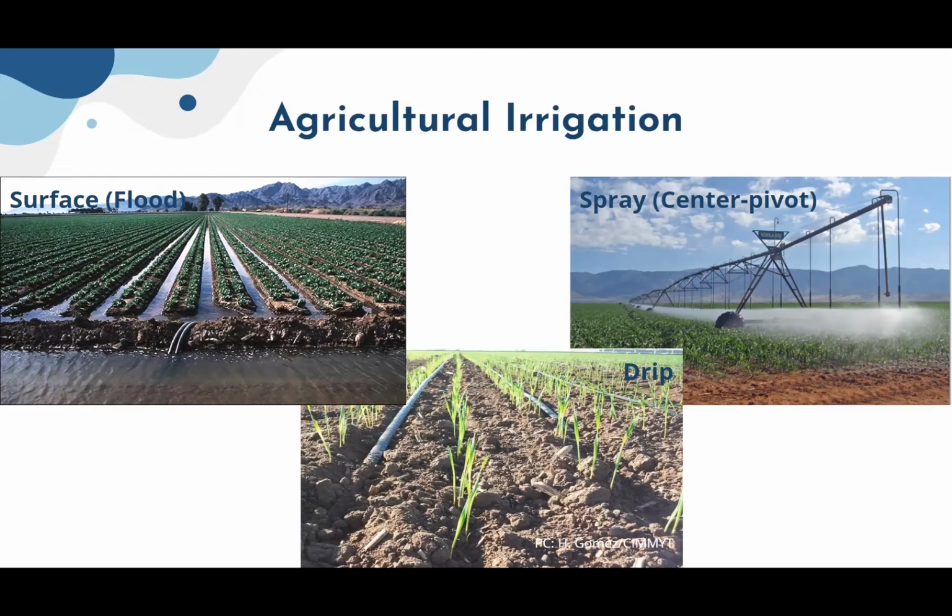And spray and sprinkler irrigation is a more modern type of irrigation, and it is used pretty widely today, and it is sometimes still inefficient, even though it is a more modern type of irrigation. It doesn't lose as much water to runoff as this surface irrigation would, but it loses a lot of water to evaporation. And if the wind is blowing, it can blow that water away from the crops. So it often loses a lot of water, actually up to 35% can be lost because of evaporation and winds. So both of these lose water for different reasons and are just not the most efficient way to be getting